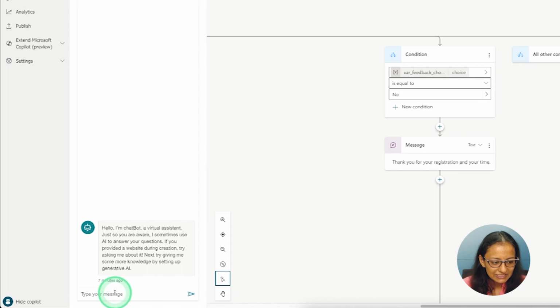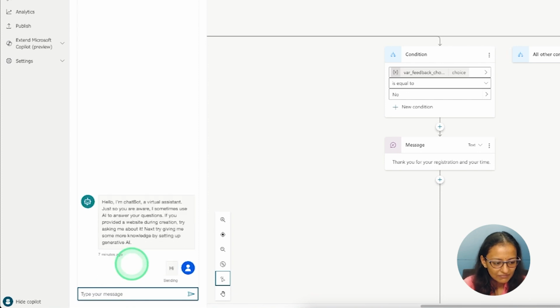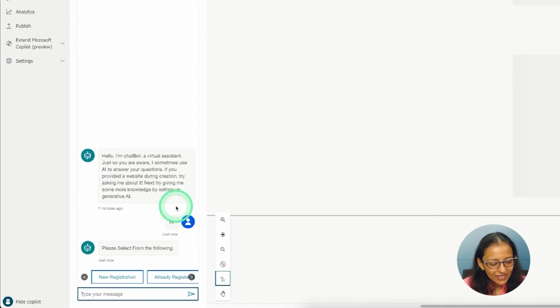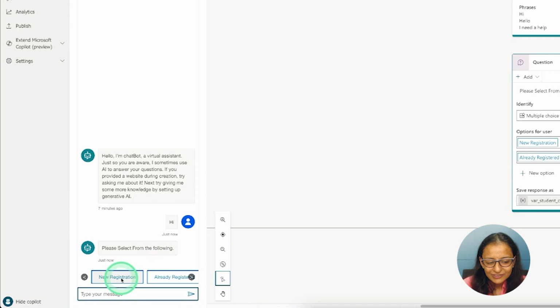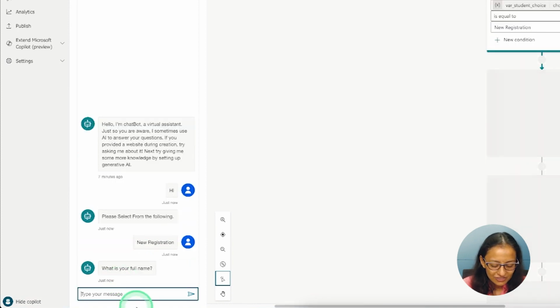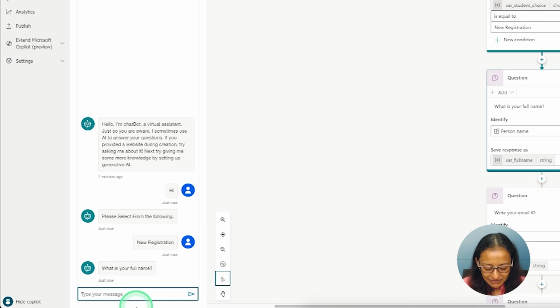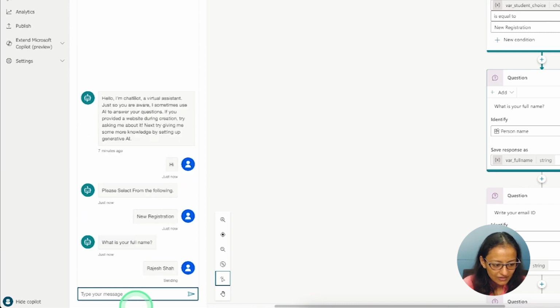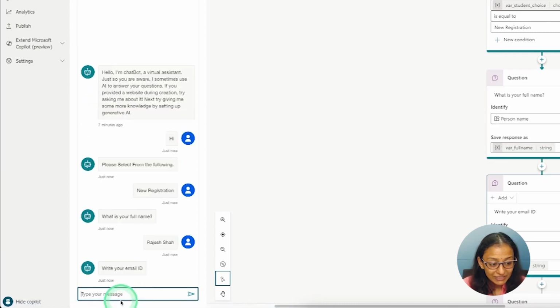So let me start the conversation, but before that I need to switch on the tracking, and let's say hi. Then it will ask please select from the following. I want to give feedback, so I'm selecting a new registration. My full name, let's say I'm giving the full name Rajesh Shah, and then it will ask my email, that is